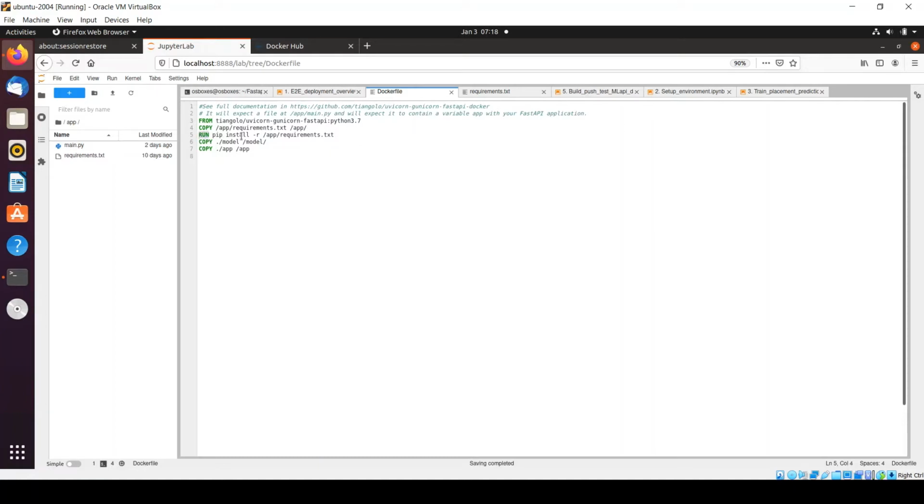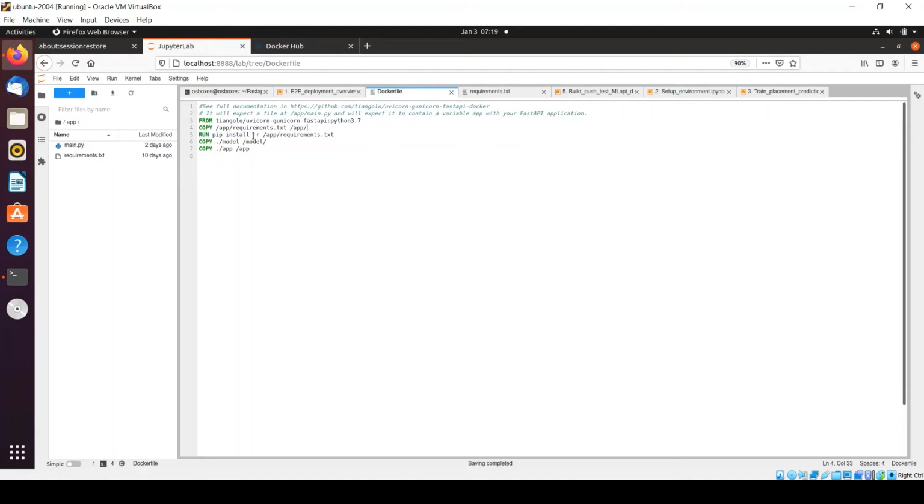In the second step, we are simply taking the requirement.txt file from my Docker environment, right? So that's what we are doing here. Because in the earlier step, we have copied the requirement.txt file within the app folder. And in the next step, we are taking the requirement.txt file from the Docker environment, right?